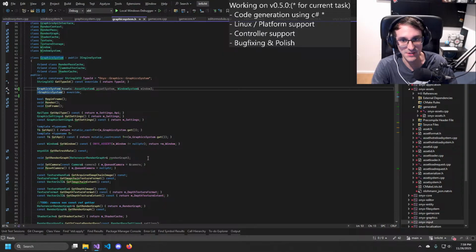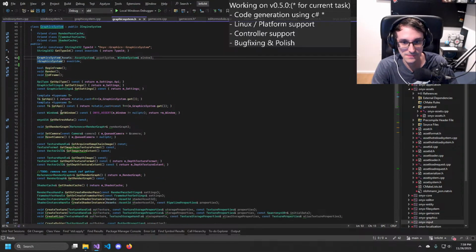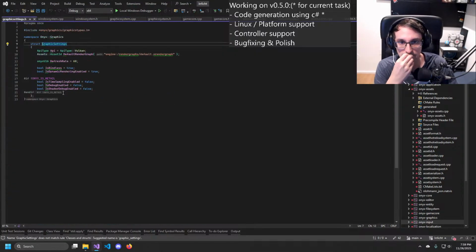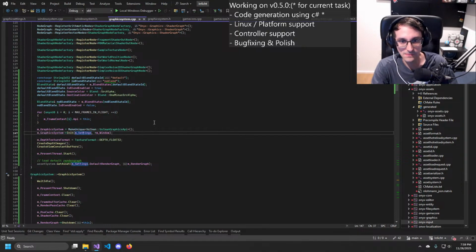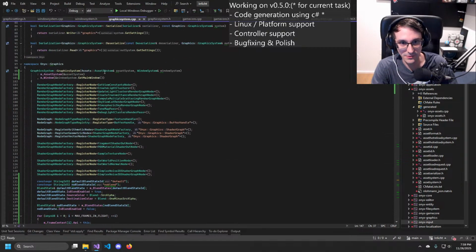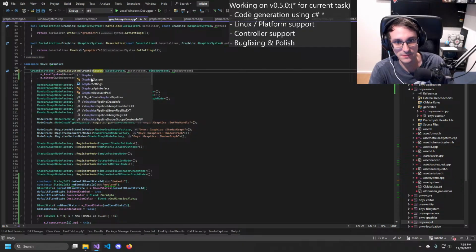What are those settings actually? Yeah, I mean, probably we want them as part of here.